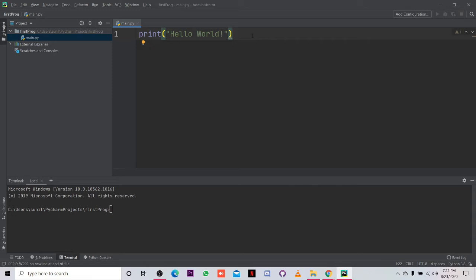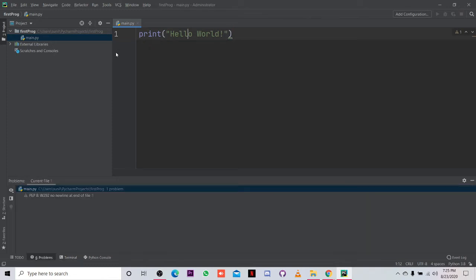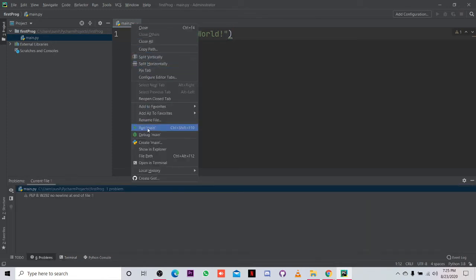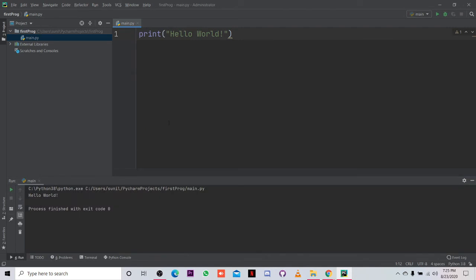Like if we want to write something on a computer, we use Microsoft Word or Notepad. The IDE, PyCharm, is like that. So you have written print hello world, everybody.